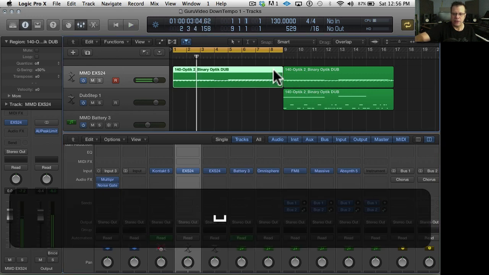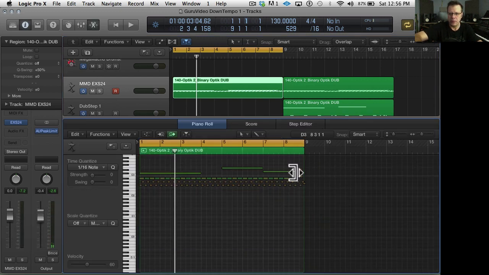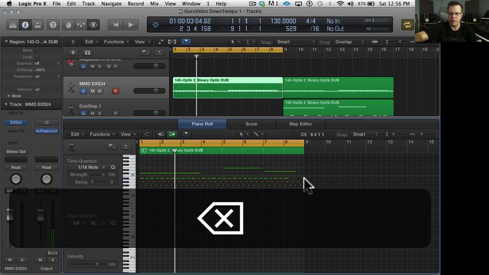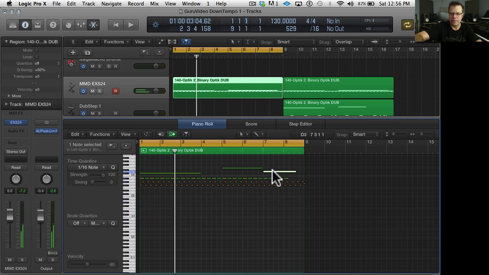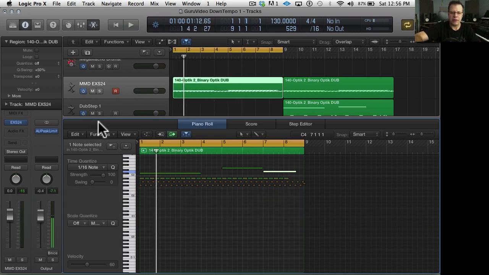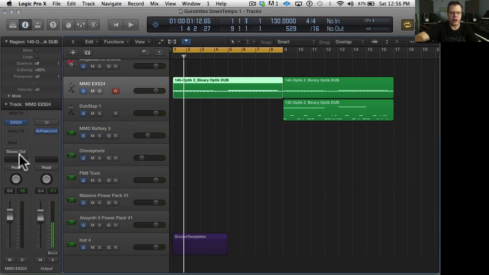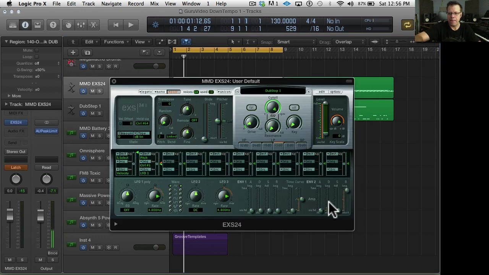Yep, I heard those toms. Did you hear those toms? They're not supposed to be there. So let's hit piano roll. I think that's them right there. Can't tell this is short now, right? And I'm going to automate. Watch this. So we go over here, make that go away. And for this track, let's turn on latch and open the EXS24.